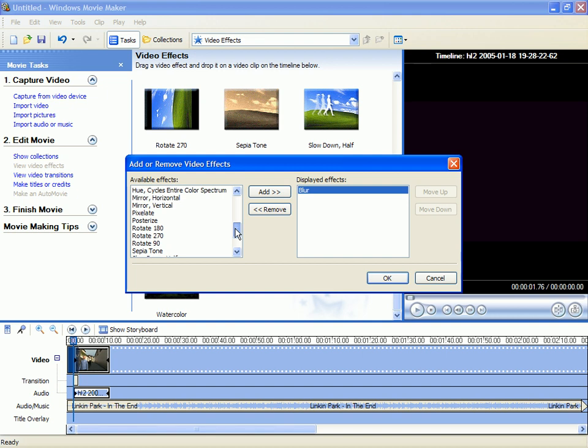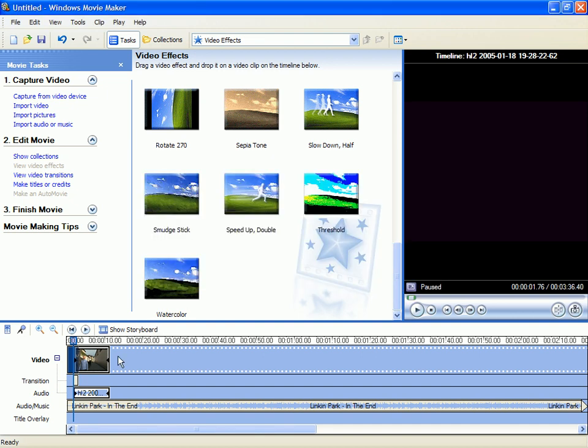It's not too complicated. You've got your mirrors there, rotates. These are just slow down and speed up. You can decide how to use these. It just sort of goes by half or double, not too complicated. And sepia tone and smudge stick are sort of aesthetic things, and threshold or watercolor also aesthetic. So they're not really important. Now I'm going to clip this one a bit as well,